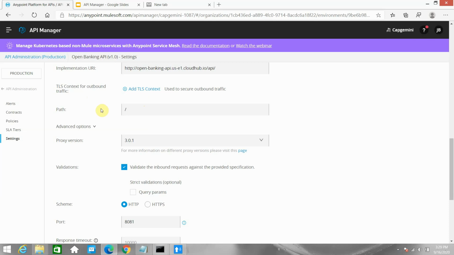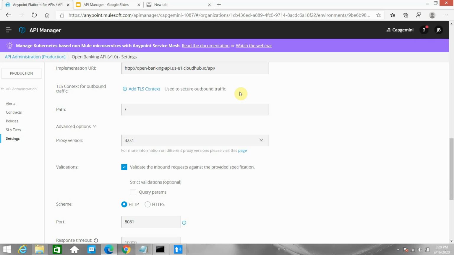But in this case, we have to enable the HTTPS on the proxy itself, not the application. The proxy will transfer the request on HTTP, because the proxy will do the SSL offloading. So you are getting the request on HTTPS and it will transfer the request on HTTP. In this case we will not use this option to secure the outbound traffic, right?